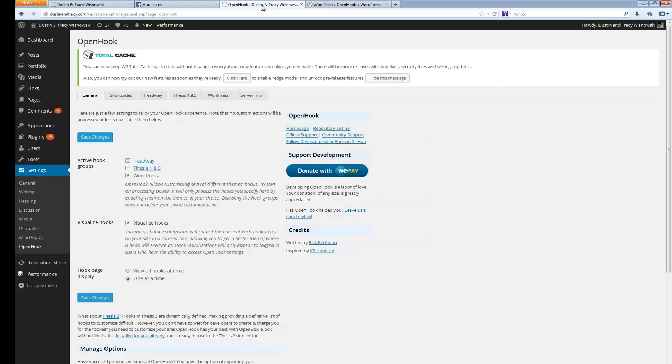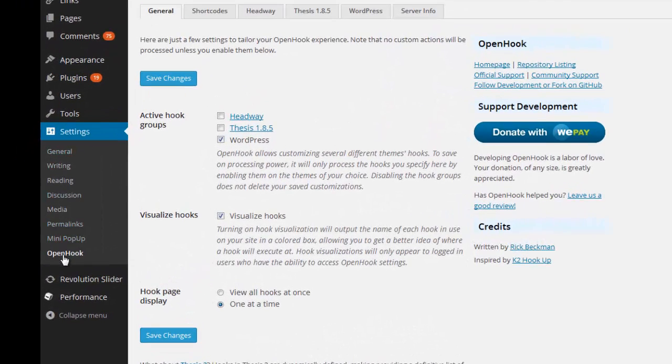And once it's activated, it's going to show up in your settings on WordPress. So you're just going to go down to your settings and then click on Open Hook, and that's what I have open right here. And to put this into the head of your website, you want to make sure you click WordPress to make that an active hook group. I have this clicked, Visualize Hooks, that's up to you, and I have one at a time clicked. And then you click Save Changes, and then you're going to click over here on WordPress,